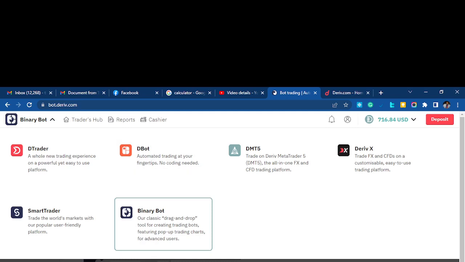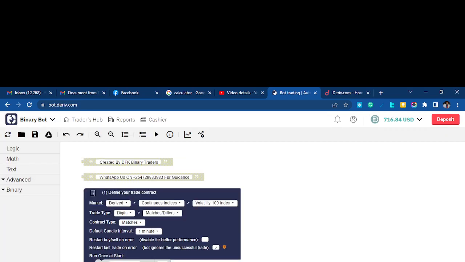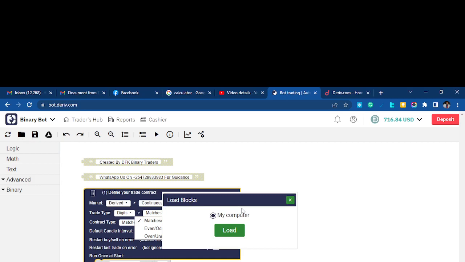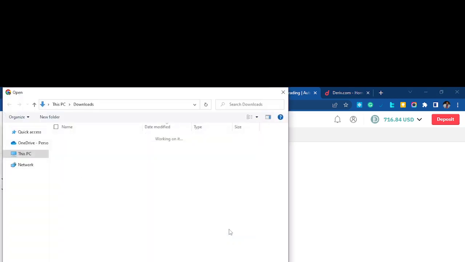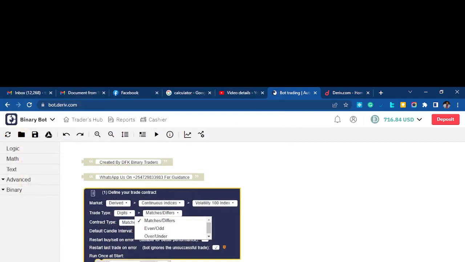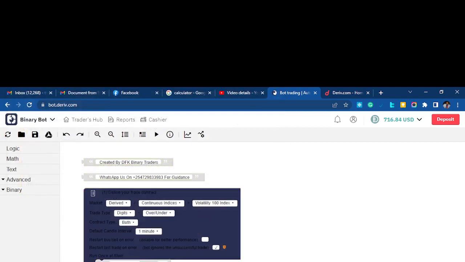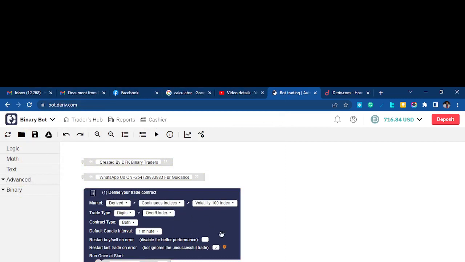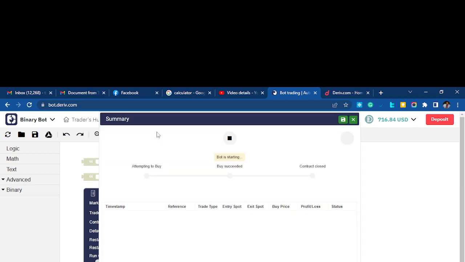So today, I want to share with you how you can switch from the binary bot to dbot. And I'll use a bot I have here. This kind of a bot doesn't do matches. Let me just load it, one of my bots here. Let's load that bot. It does over and under, and it's a very nice bot that does analysis before it